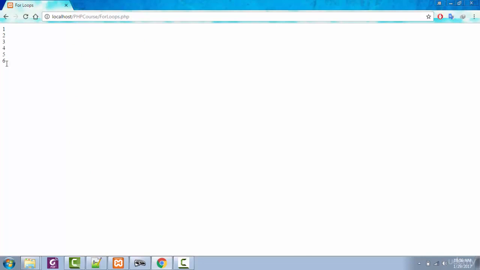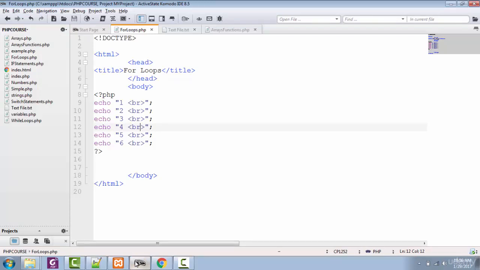So in terms of a short version, you can use a simple echo statement. But what if you have 6,000 statements to show to the user instead of just 6 statements? You cannot accomplish that with echo statements. You need something else, and that's the time when you have to use for loops.